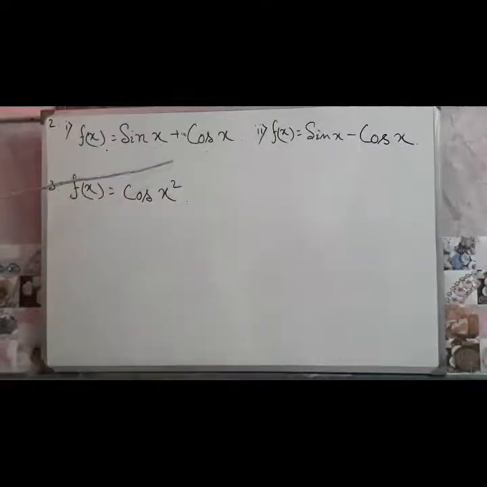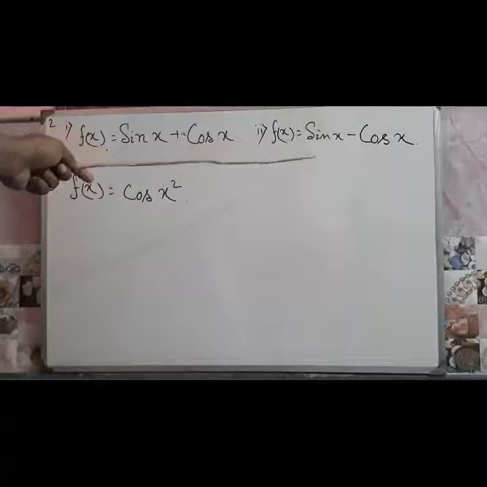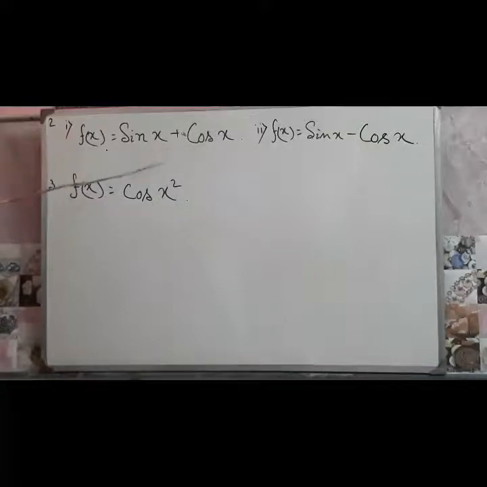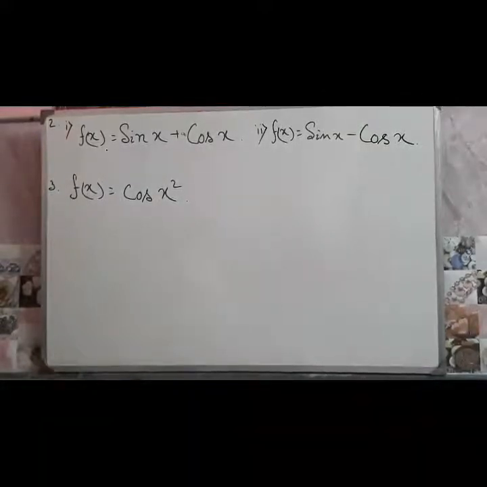That means both these functions are continuous for all real values of x, that is, for x belongs to R. Similarly, if the product of two continuous functions is given, suppose sin x into cos x, that is also continuous. The product of two continuous functions is also continuous. If it is given sin x by cos x, then the function fails to be continuous whenever the denominator becomes 0, as the functional value is undefined whenever the denominator becomes 0.